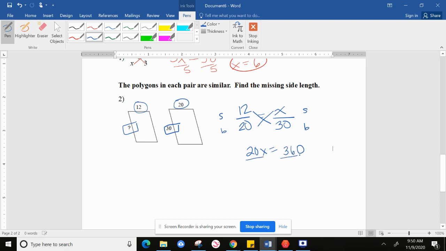When you divide that by 20, I'm going to do a little cheat here. We know both of these end in a 0, we can get rid of that. So it should just be 18. And that, to me, makes sense because 12 and 20, in the way that they're set up, I